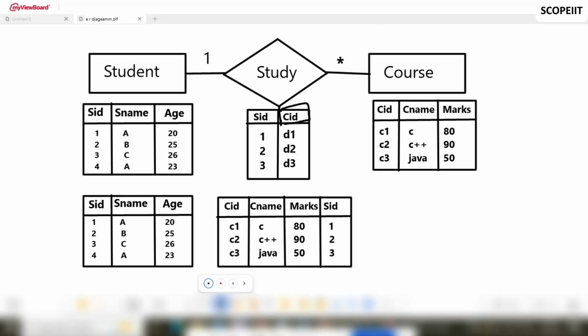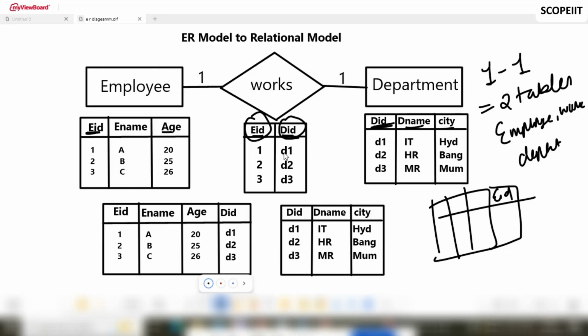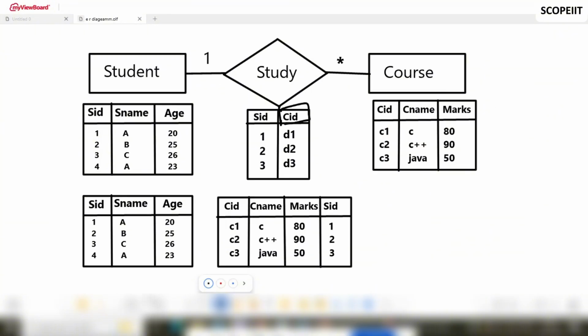Right hand side. Like see, in the last example, what I did was make this one a primary key, so I shifted my DID to the left hand side. Similarly here, I made my right side CID the primary key, so your SID will shift to the right hand side. Understood? The student table will be the same, and the many side is course, so your student ID will go on the right hand side. So you will have your CID, CNAME, marks as it is, and SID will be added to this one. Here SID is a primary key in the student table, and SID will become a foreign key over here.